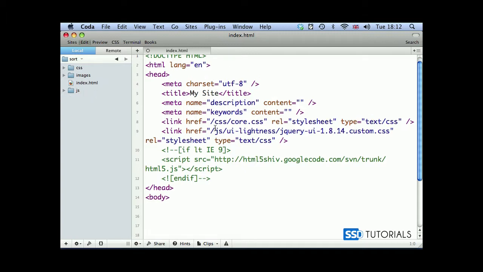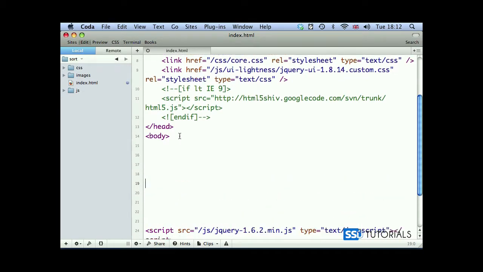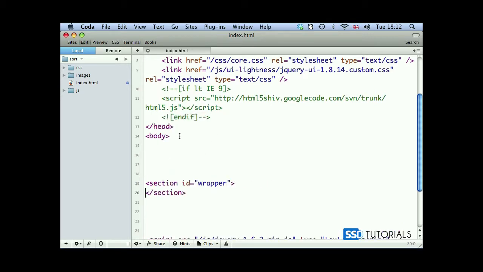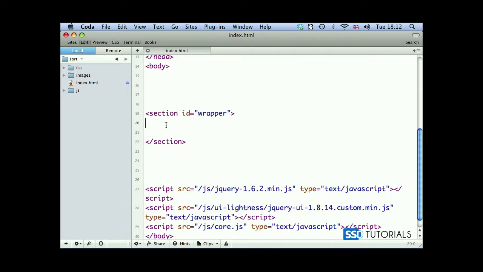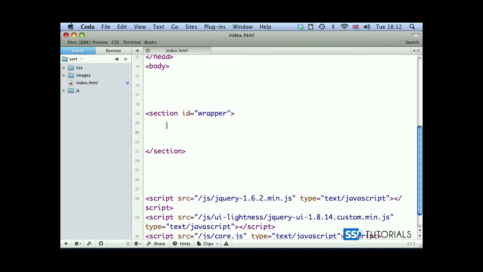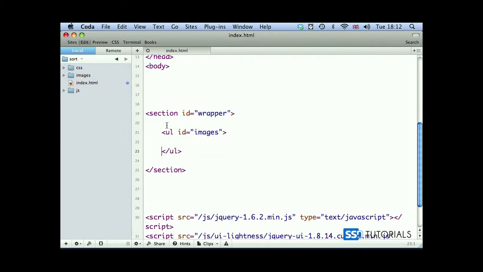Now, index.html, we're going to start with some structure for our images. Very simple structure. We're going to start with a section with the ID of wrapper. And in between our section tags, we're going to create UL with the ID images. Inside of this, we're going to have li with the image tag, source for our image,